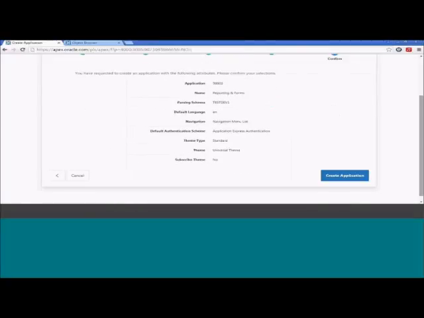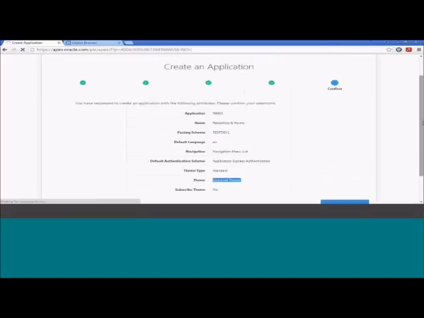So this is the final confirmation stage. It's just giving you the summary of what we have done. It's giving you the application name, the application ID, which schema it belongs to or is attached to, what the authentication scheme is, and what the themes are that have been used within the application. So once you are okay with this, you can click on the Create Application button, and it's going to